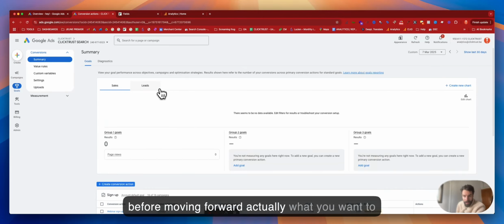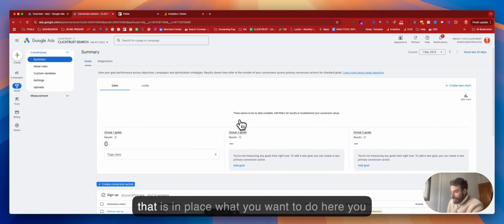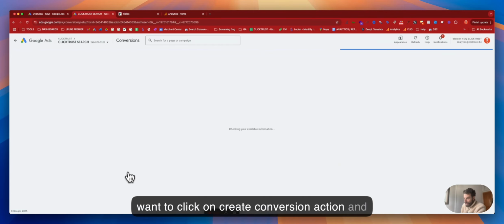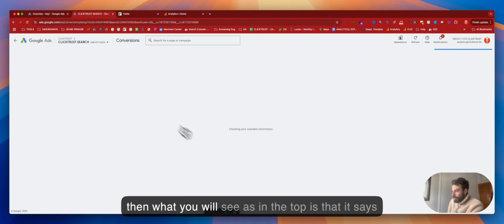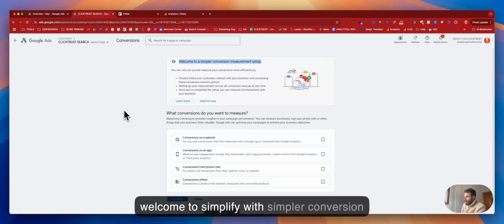Before moving forward, what you want to make sure is that you have your Google Analytics property linked to your Google Ads. And then once that is in place, you want to click on Create a conversion action. And then what you will see at the top is that it says welcome to a simpler